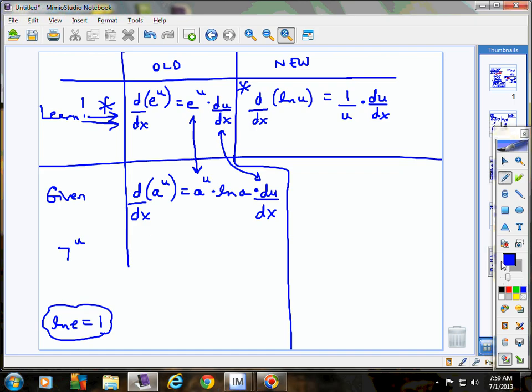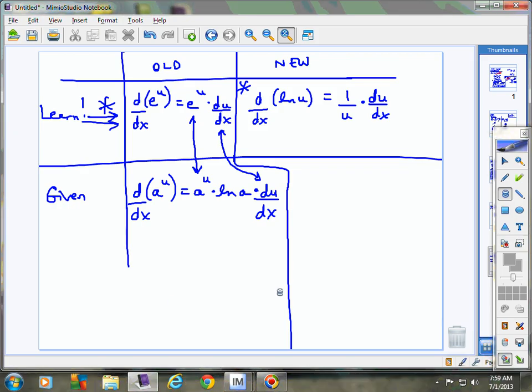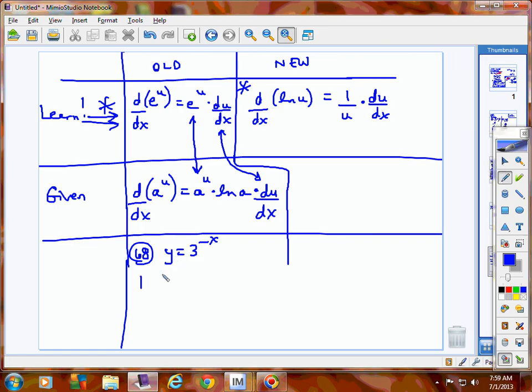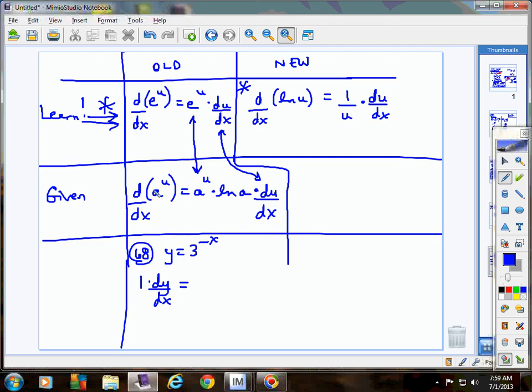Now let's do an example of this one before we go over here to this next column. Let's see here. Number 68. y equals 3 to the negative x. The problem says find the derivative. The derivative of y is 1, but y is not x, so what would we attach? dy/dx. Here I've got a number raised to a variable. This is an example of this problem here. a is like my 3, okay? So it's going to be itself